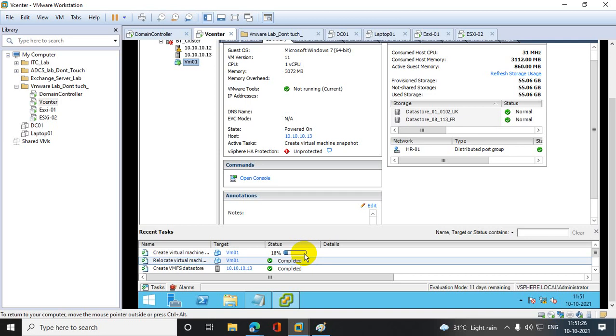A snapshot is required because anything you do on a virtual machine could crash it, so before that you have to take a snapshot and later revert to it. Let's say you are doing some patching or registry changes on the virtual machine. There is a huge chance that if anything goes wrong, the virtual machine can be permanently damaged. So you have to raise a request to your VMware team to take the snapshot.